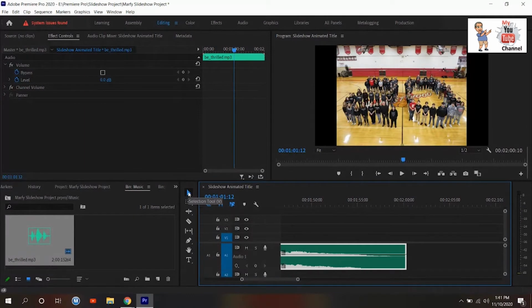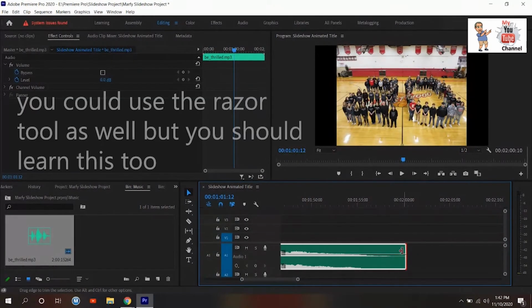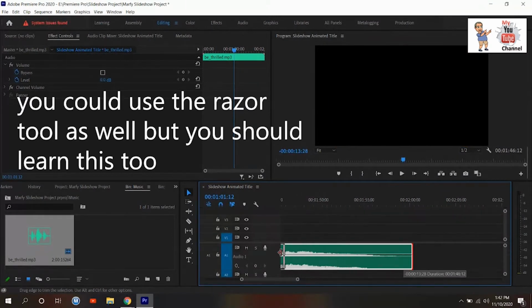Now, again, with the selection tool selected, we're going to hover and go all the way to the right to the end of the music clip, and you're going to see a parentheses with an arrow in. This allows us now to select the end of the music and drag it inward. If you go right here, it's going to show parentheses and out, and that's not really going to do anything for you. It's going to be parentheses, arrow in, click down on the mouse, and drag it all the way in this